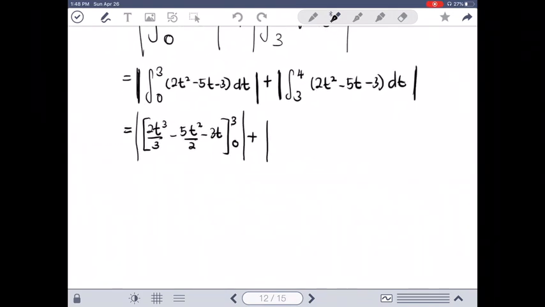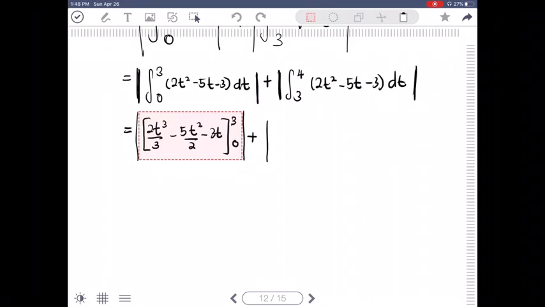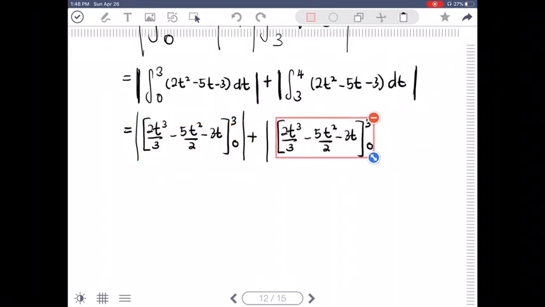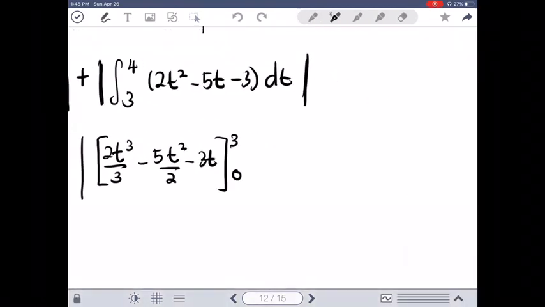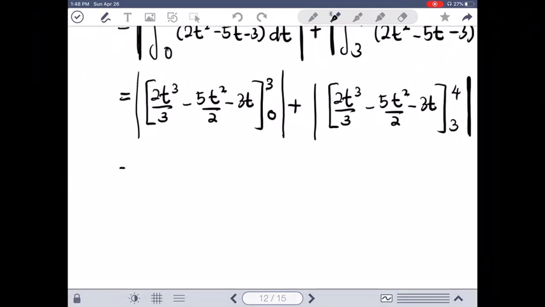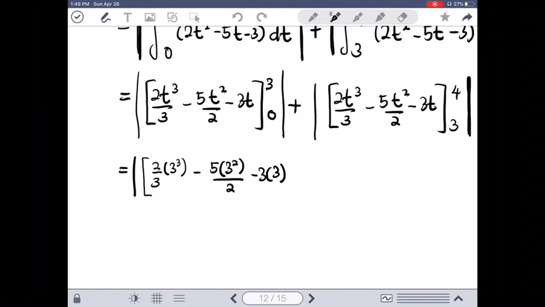again, the same function, except that the boundaries are different. The boundaries are from 3 until 4, so it becomes modulus of 2 over 3 times 3 to the power of 3 minus 5 times 3 to the power of 2 over 2 minus 3 times 3, and then you minus the bottom. If we insert the value of 0 into each term, we will get 0, so it's just minus 0, modulus,